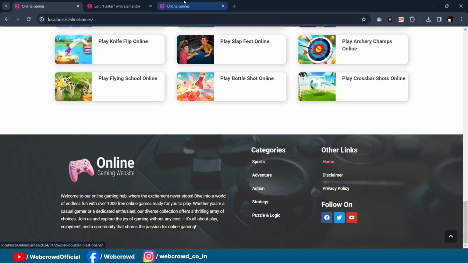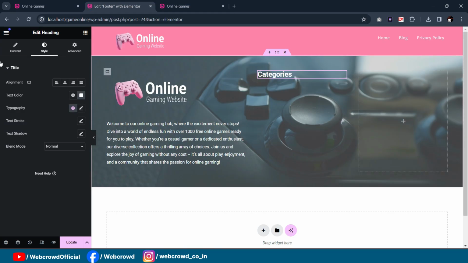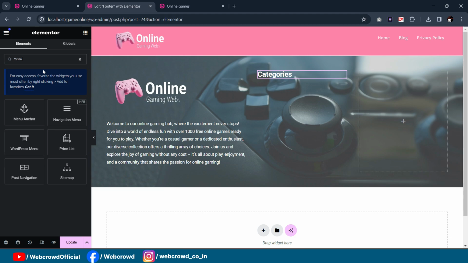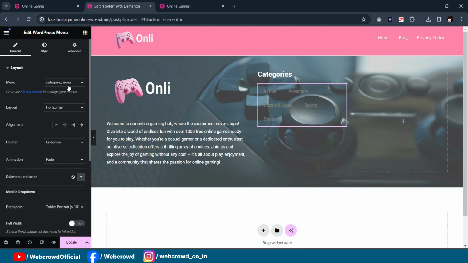To add the menu, we have to just select the element of the menu. Either you can select this one or this one. So let's add the WordPress menu. After that, select here the category menu. So we already created two types of menus. First one is for the header and the second is for the category. So this is our category menu. Select it